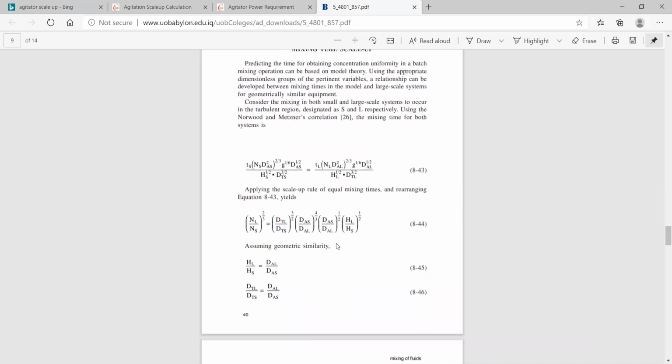Consider the mixing in both small and large scale systems to occur in the turbulent region, designated as S and L respectively. Using the Norwood and Metzner correlation, the mixing time for both systems is